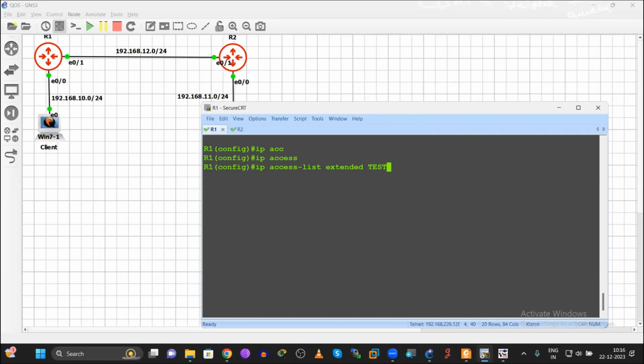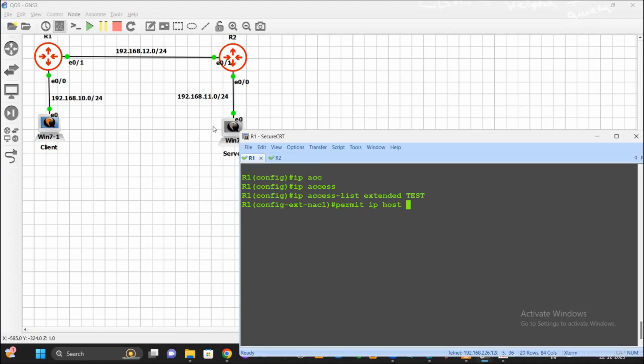Here I am going to create an extended access list. The name of that access list will be test. Press enter. After that, I need to specify the condition here. Permit ip host, which host am I going to permit? I'm going to permit this host reaching this destination.